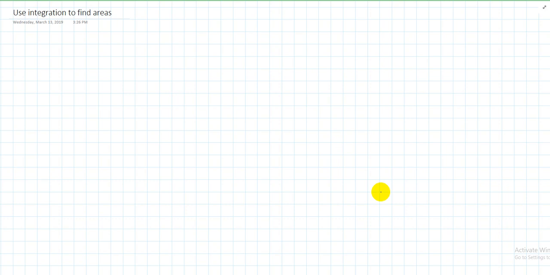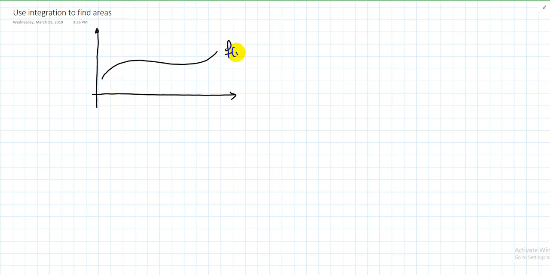Okay, so we can use the integration to find the areas, right? For example, last time we discussed that by the definition, integration is the area under the curve, right? So here, if my curve is given as f of x,